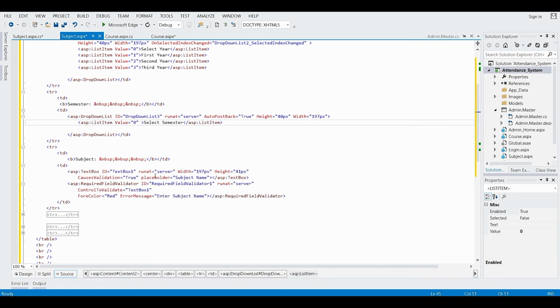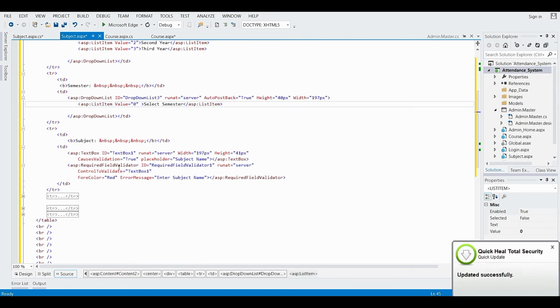The properties of the text box are width 197 pixel, height 41 pixel, causes validation equal to true, and the placeholder equal to subject name. In the required field validator I have given the control to validate equal to TextBox1, fore color red, error message enter subject name.